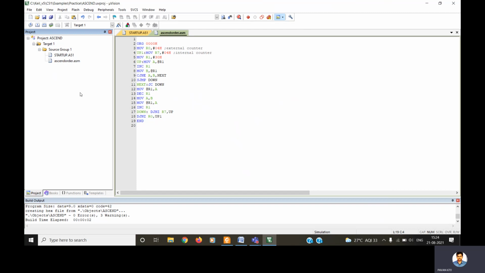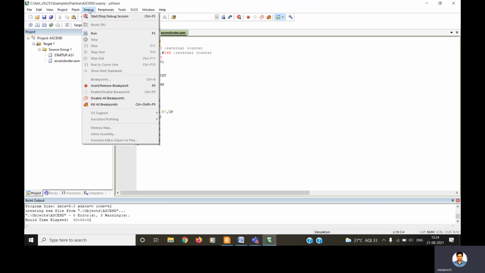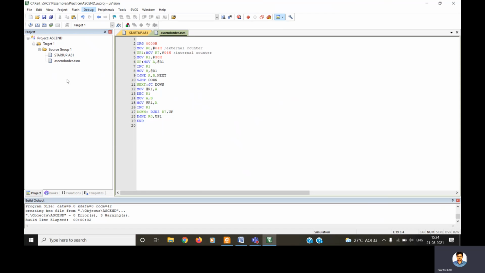So here are two options, two ways by which we can start debugging a project. One is by going to the debug menu and clicking start or stop debug session. Once we click, we can start the debugging for this entire project. Otherwise, a simple shortcut is there.